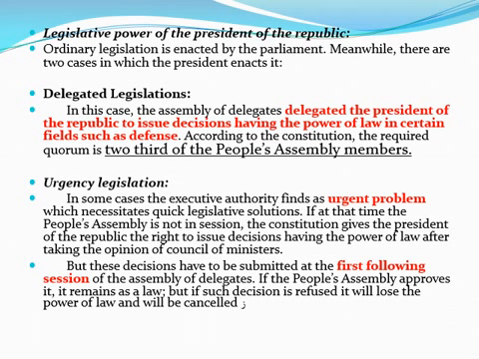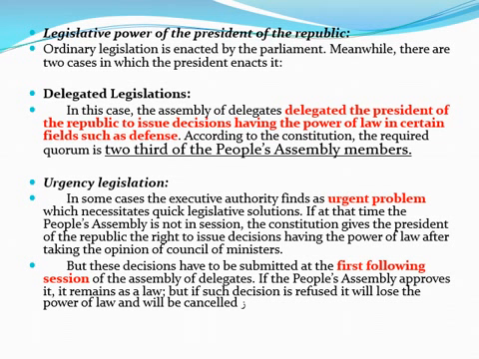The second exception is the urgency legislation. If there is an urgent problem that necessitates a quick legislative solution, for example, a natural catastrophe, or a revolution, or a case of war. In these urgent problems, we will not be able to wait for the intervention of the Assembly of Delegates. So if the intervention of the Assembly of Delegates may not be so quick, the President of the Republic, only in case of urgency, may intervene and make a decree, issue a decree having the power of law to solve